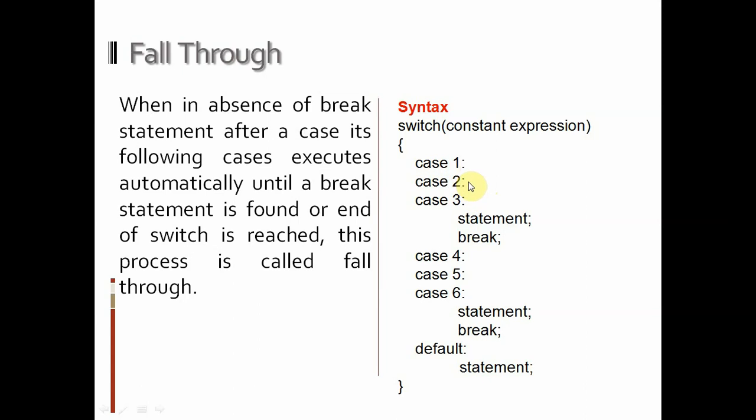This process will continue until a break statement is found or the end of the switch is reached. It is known as fall through: in the absence of a break statement after a case, its following cases execute automatically one by one. So we will do it practically.